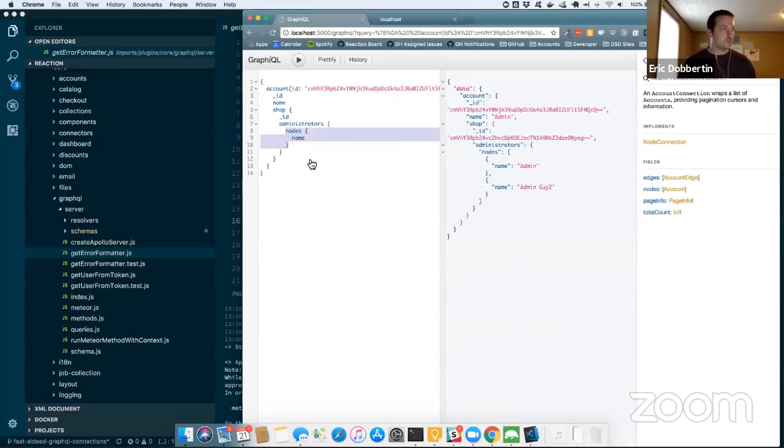But if you want to do more pagination, or if you're using Relay, the way it would do it is to get edges back, which have both the node, we'll just do name again, or I'll do ID, as well as a cursor for that particular document.